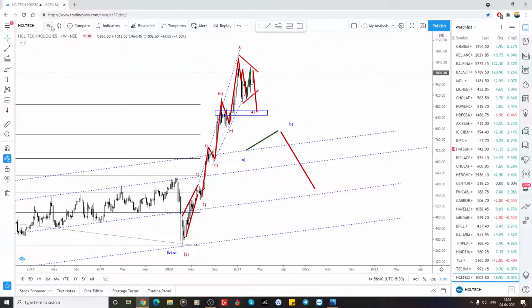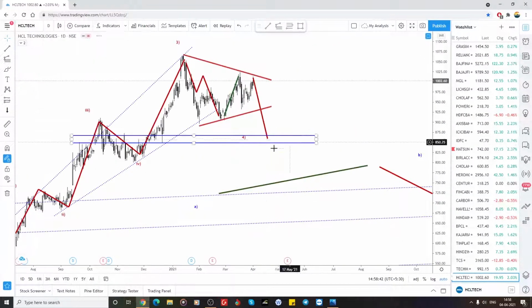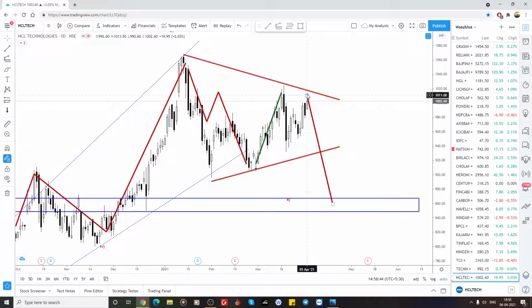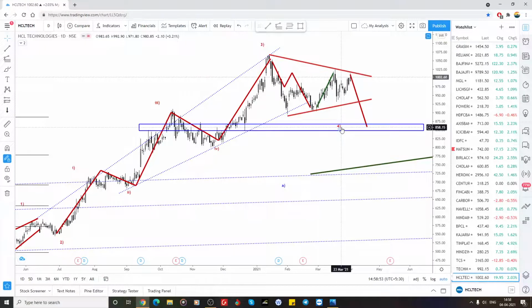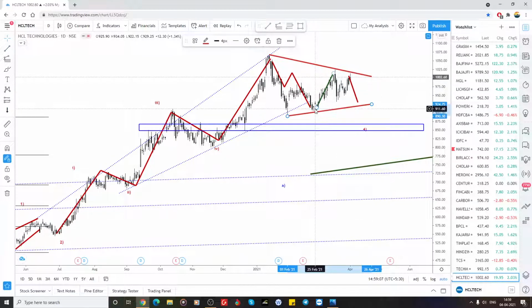That is also in the bigger fourth, right? So as of now, it looks like here is 1 2 3 4 5. So whether that fourth wave is a triangle, or it could break this high, sorry, this low, and then you just forget about this triangle, because it's looking like a five-wave structure. So here ABC is an A, B, and C.